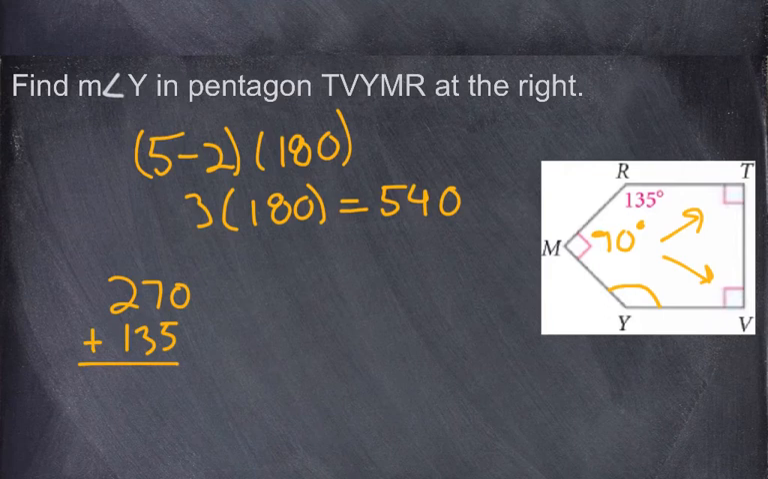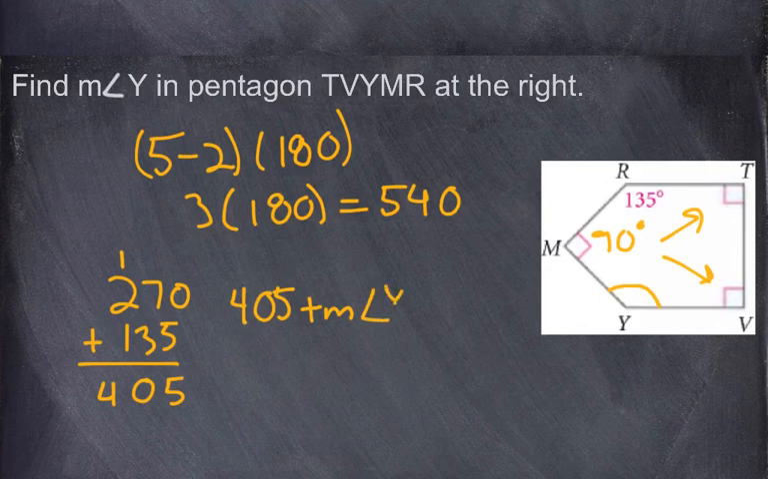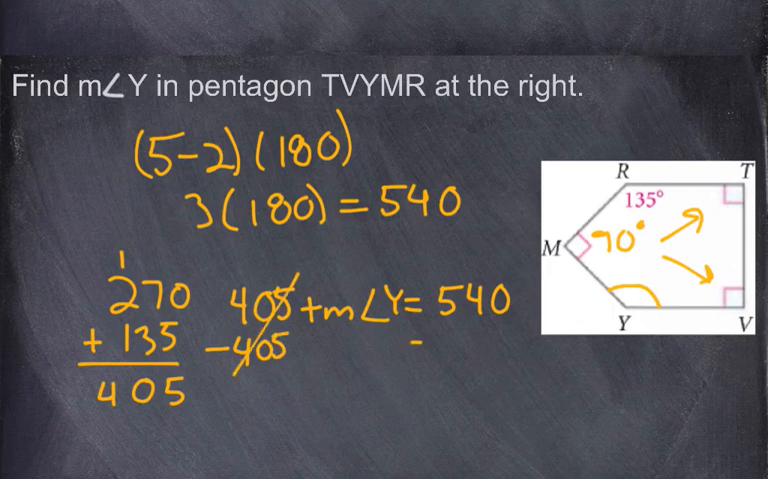Now, if we were to add those up, that would give us 405. Those are the 4 angles that we know. We don't know the measurement angle y yet. So we could set it up that the 4 angles plus the measurement of angle y is equal to 540. So to get measurement of angle y by itself, we would subtract 405 from both sides, and you'd be left with